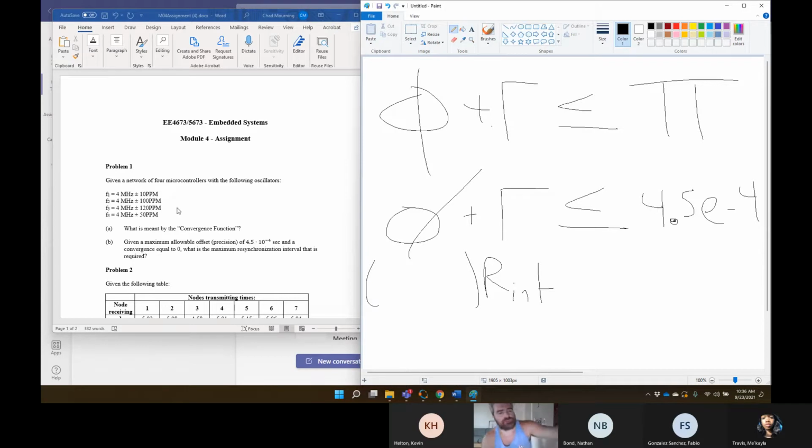So you want to pick the most extreme clocks. So the most extreme clocks here are the 100 parts per million. So that's times 10 to the negative 6th plus 120 times 10 to the negative 6th. And so that's 220 times 10 to the negative 6th. So if you divide both sides by that,